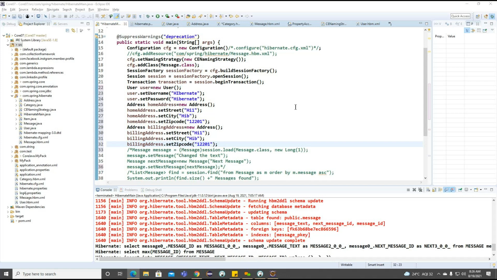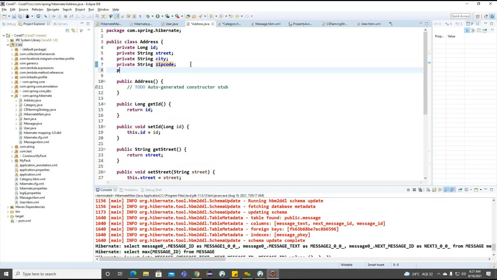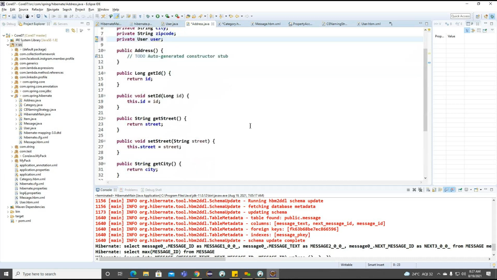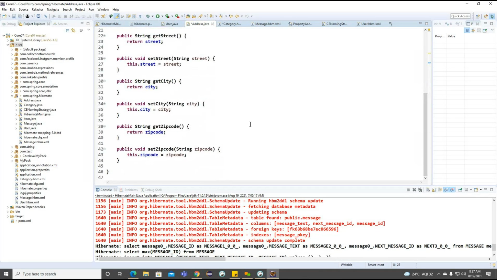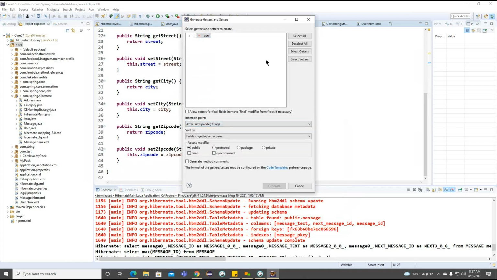Let's see. In the address, home address, and user, after zip code we want to insert the data, setters and getters here, get zip code, set zip code.